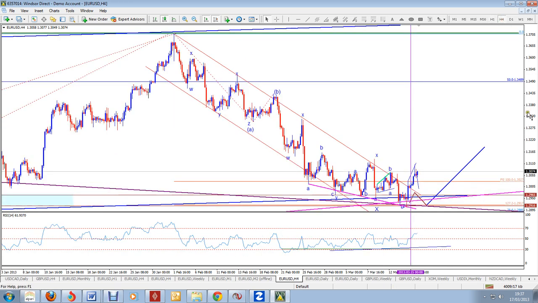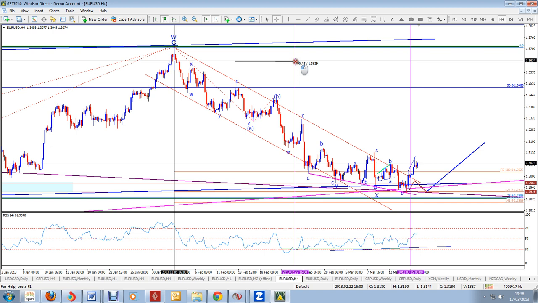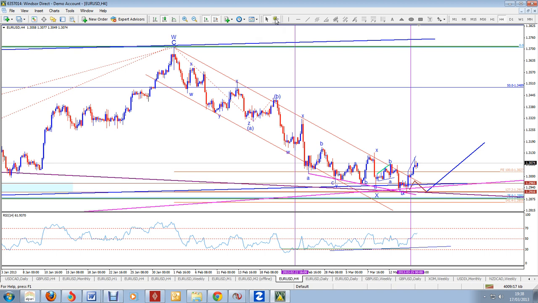Now in the euro dollar, I was expecting another leg down. It didn't happen because of the time symmetry. What I was expecting, for example, on a time symmetry, is that up to here, up to the low, if you measure from the high to the low, is like on a 4-hour bar, 90 bars. And then if we do it from there to here, we need 90 bars that comes into here.